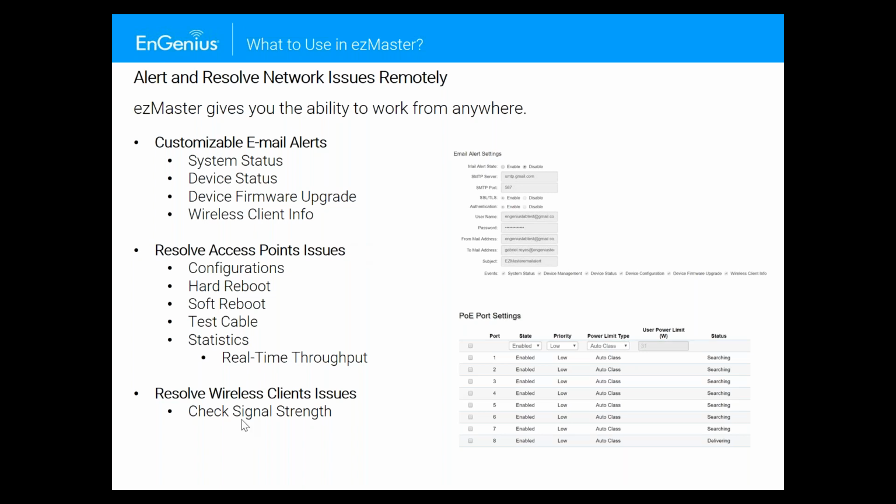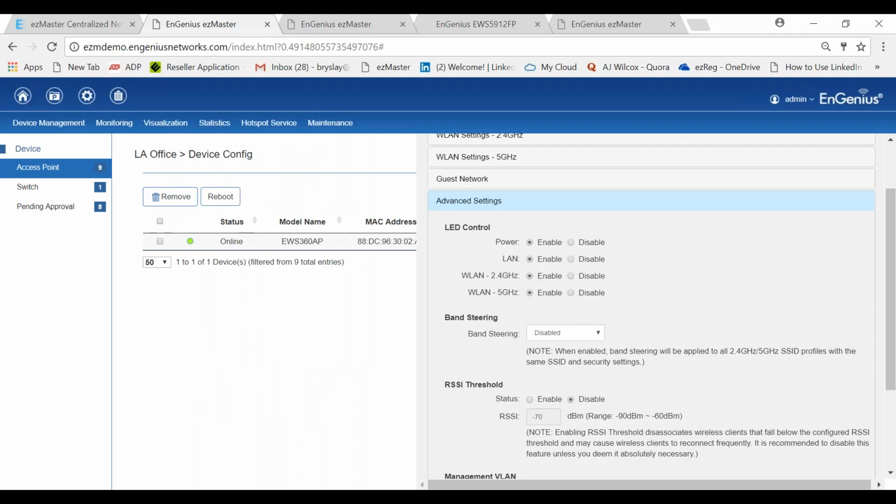You can resolve wireless client issues. And so these are the things that we'll be talking about in regards to the demo for setting up alerts and resolving network issues remotely. So this is really talking about decreasing or eliminating truck rolls, resolving issues, again, before the customer really even knows.